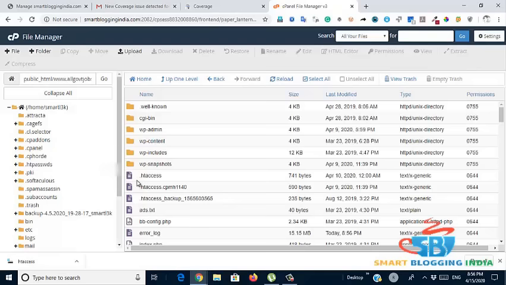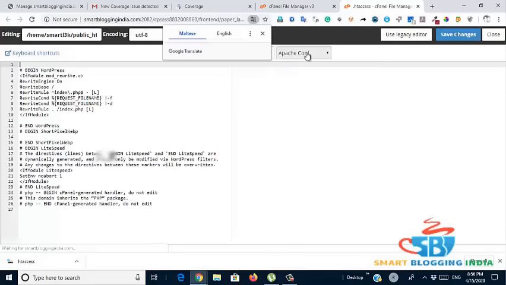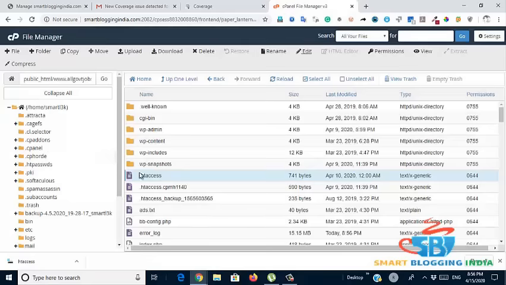You can click on the .htaccess file and either edit it, or if something is wrong, delete it. But first you have to back up this file.